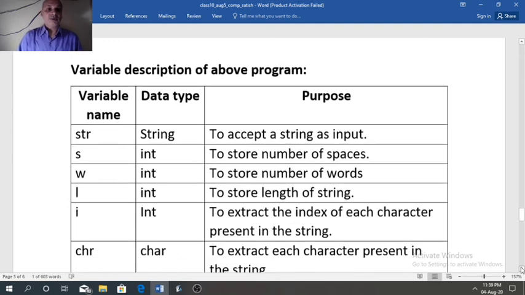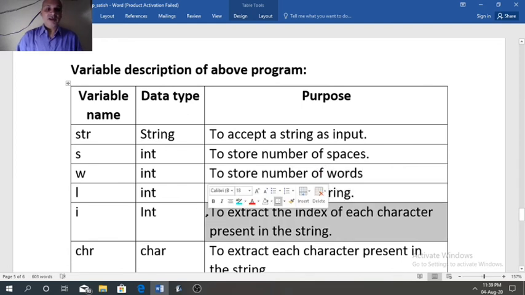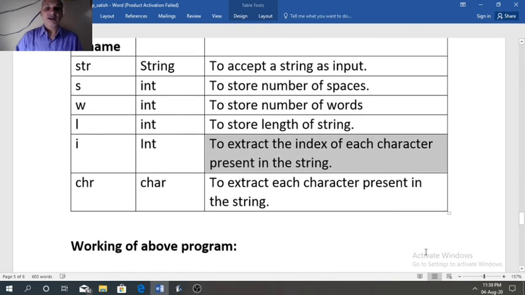Variable description of this program: str to accept the string as input, s to store the number of spaces, w to store the number of words, l and i as usual like the previous program to find the length of the string and to control the loop to extract the index of each character present in the string. chr will extract each character present in the string.